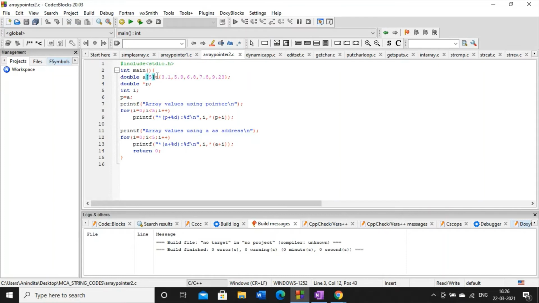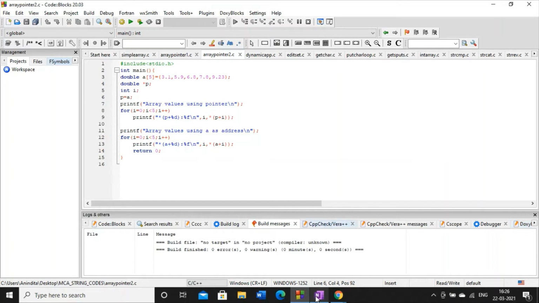Here there is no other variable, there is an array. Therefore I'm going to use this pointer to hold the address of this array. So how to write this line? The syntax will be the pointer variable name equal to the variable name.